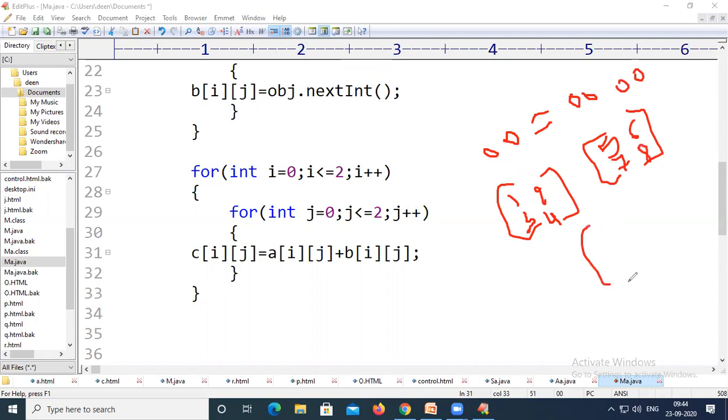The resultant addition of these two matrices will be 6, 8, and 3 plus 7 is 10, and 12. This will be the resultant matrix. How are we getting this resultant matrix?